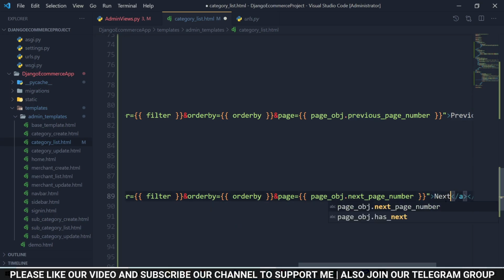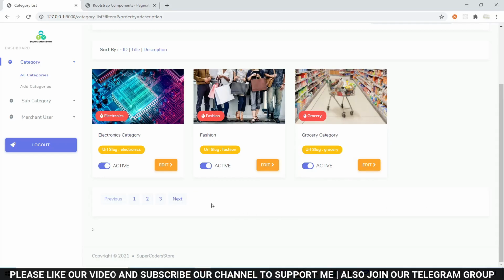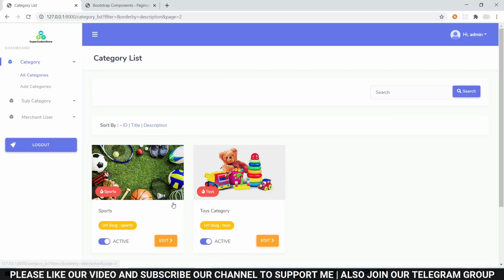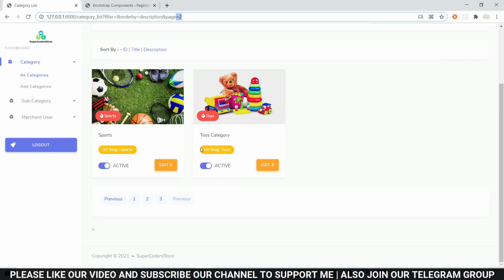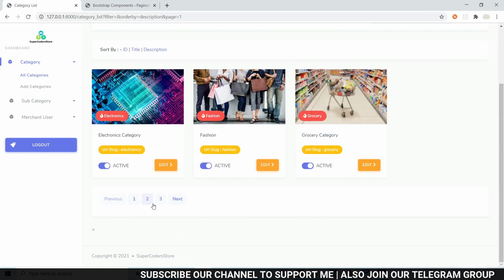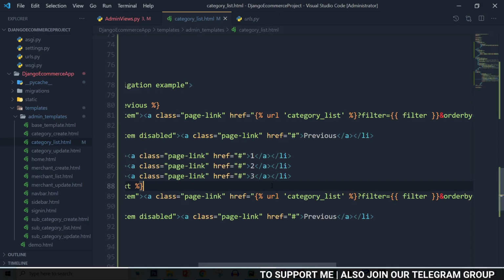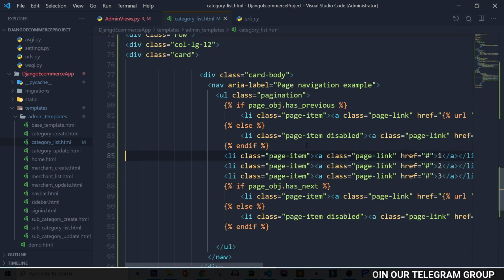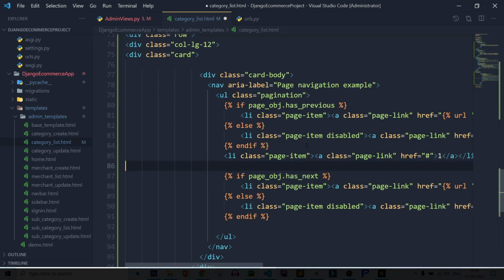So adding text next. Save it. If I try to open next, you can see it is working and redirect me to page 2. Again previous is working. After that, let's work on these numbers. So let's see how you can show this number. So let's remove other, and here